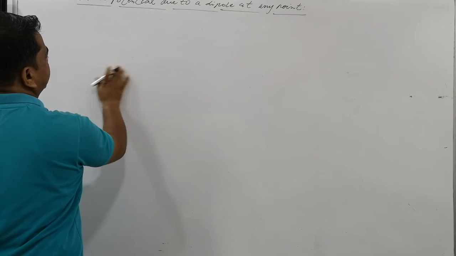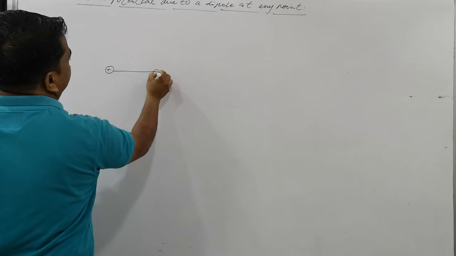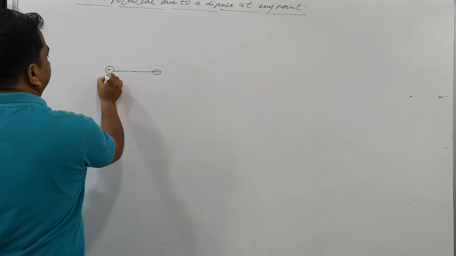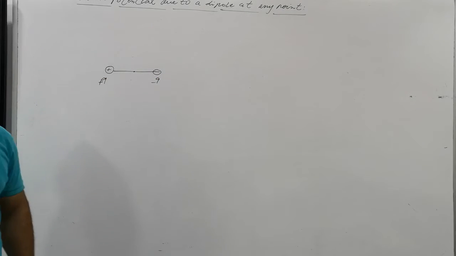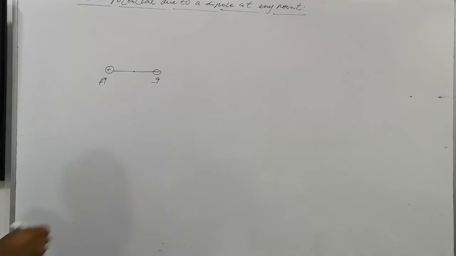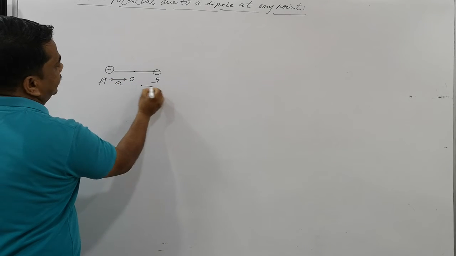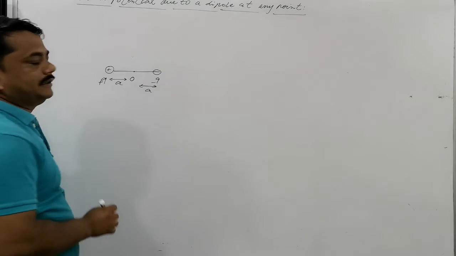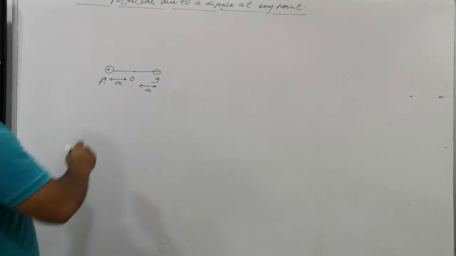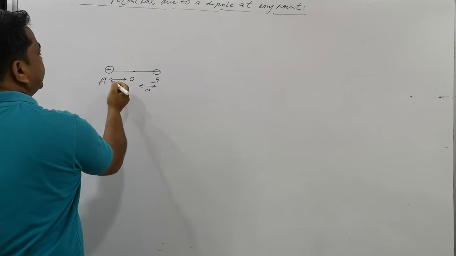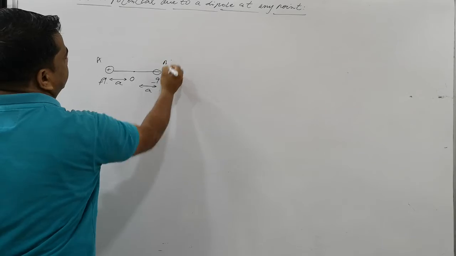Suppose we have taken here a positive charge and a negative charge. It's a positive charge and it's a negative charge. The two equal and opposite charges are there. This is a dipole, and at the origin, the distance between them is taken as a. This is also taken as a. Remember this. It's charge 1, it's charge 2. The magnitude is the same. Clear? So this is point A, or this is point B.